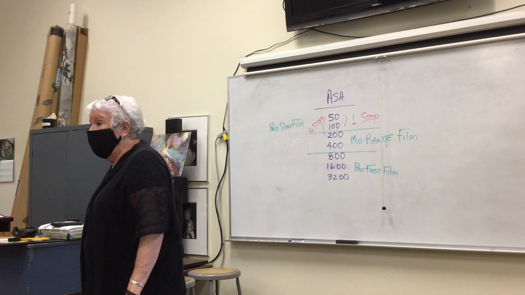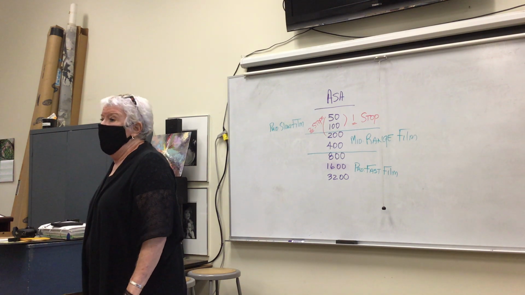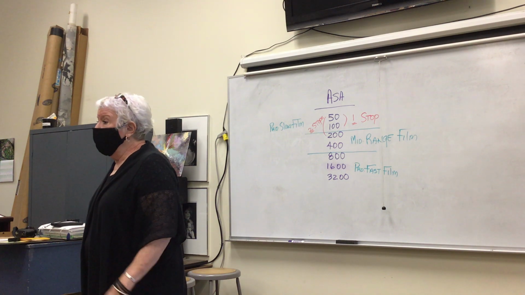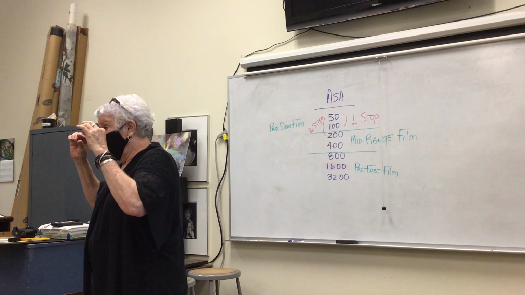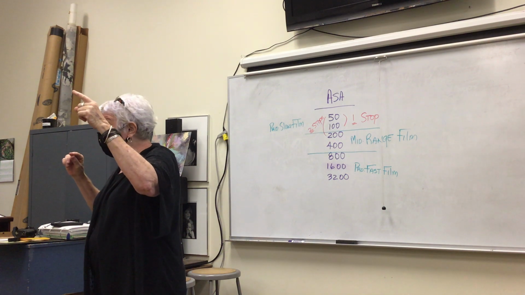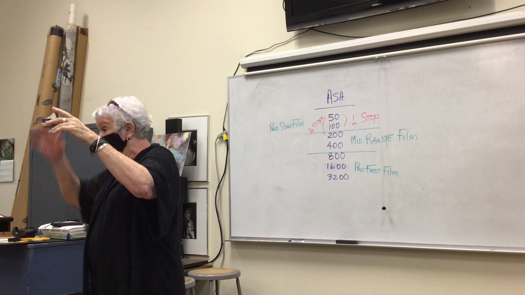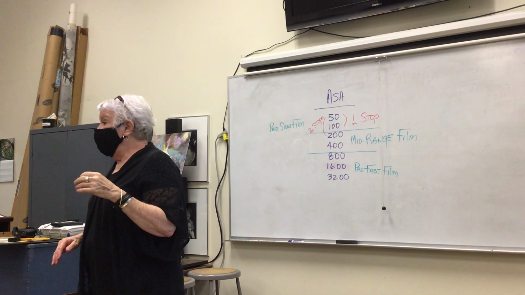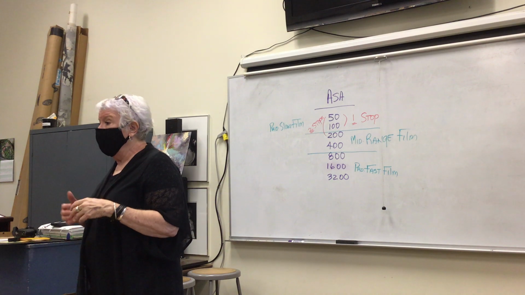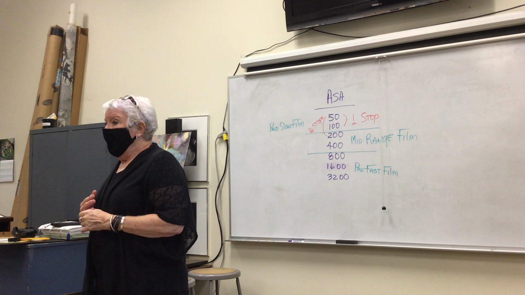Fast films, like sports films, have a reciprocity failure range that's even more narrow. It was 1/500th of a second all the way down to 1 second, and all of that was operational. But with the professional films,